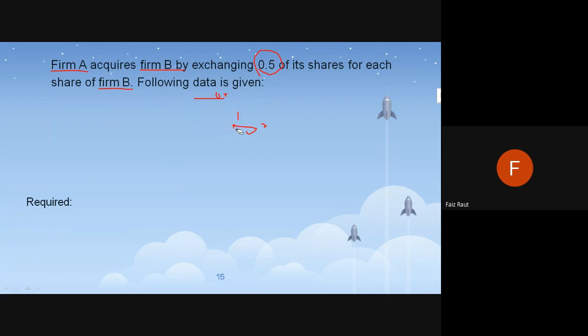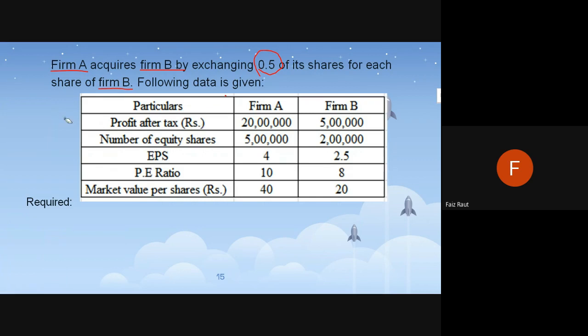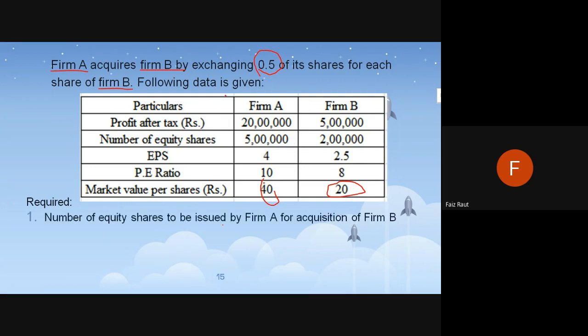Okay, so this is already given, and some information about both the companies will also be given. For example, like this. Profit after tax is given, number of equity shares is given, EPS they have already calculated and given to us. Then PE ratio, this is the new thing, and then the market value per share. This is 40, this is 20. Okay, all the important things we have got, and we need to find out the number of equity shares to